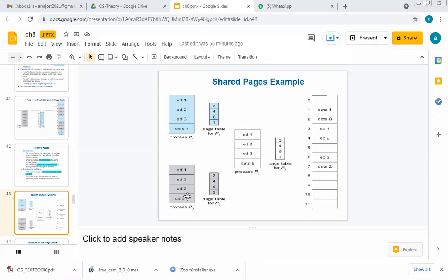We cannot make the first student go out and allow the second student, and in the same way for a third student, or give the seat to whoever comes first. That is not correct during an examination. Maybe it is correct in bus transportation, college transportation, or day-to-day life. But that is not correct at examination time. Shared pages means that's the idea.